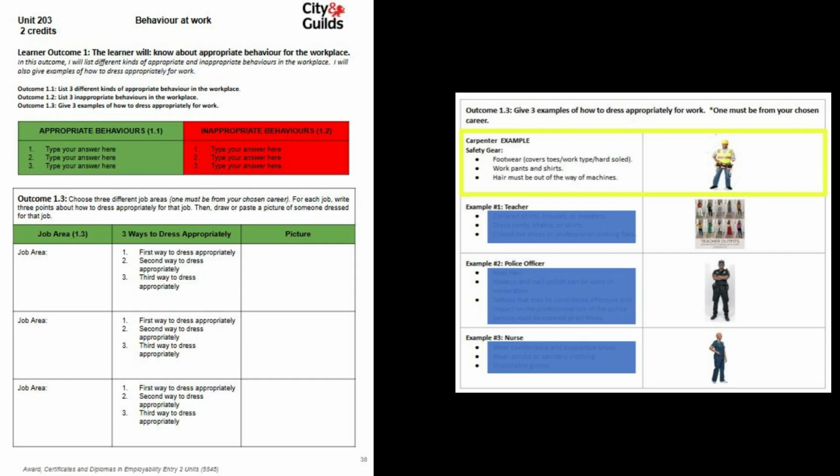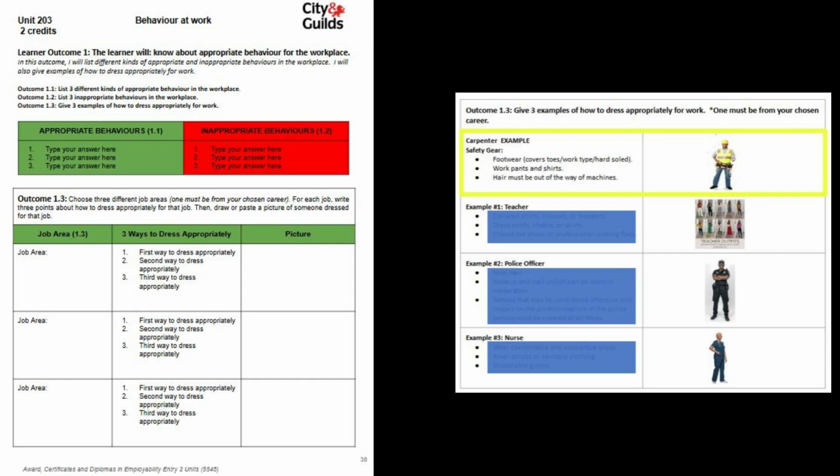Students, we are moving along quickly. We are on Unit 203, Outcome 1. Outcome 1.1, 1.2, and 1.3 is on the document on the left. So for Outcome 1.1, you have to list appropriate behaviors in the workplace. Outcome 1.2, inappropriate behaviors. And then Outcome 1.3, you need to show how you address